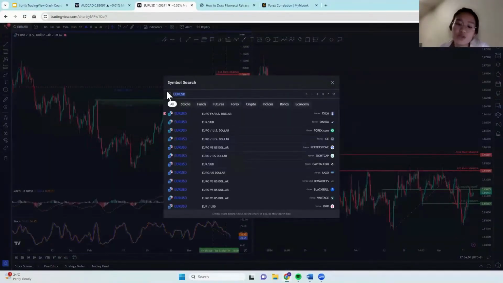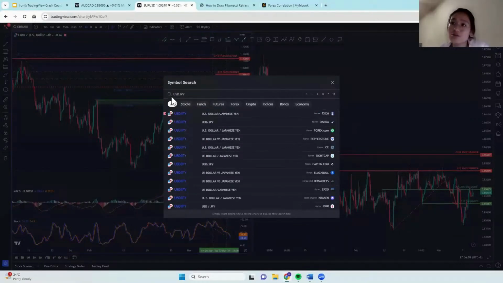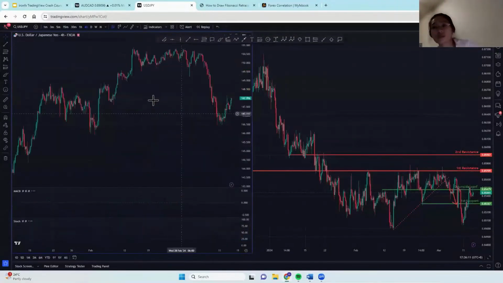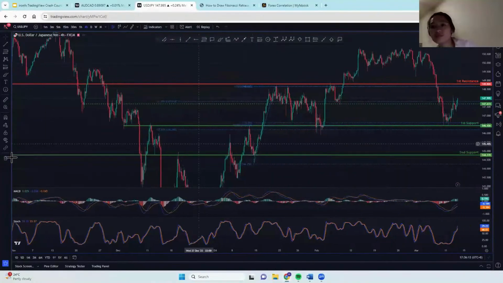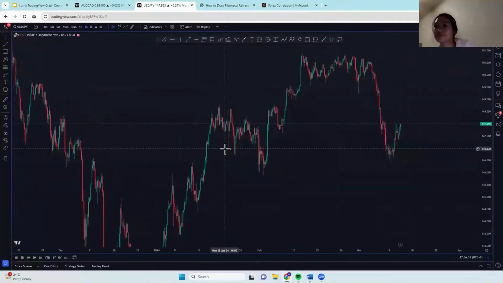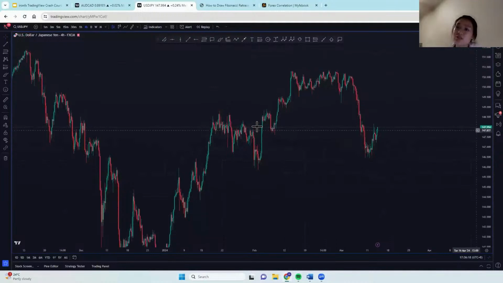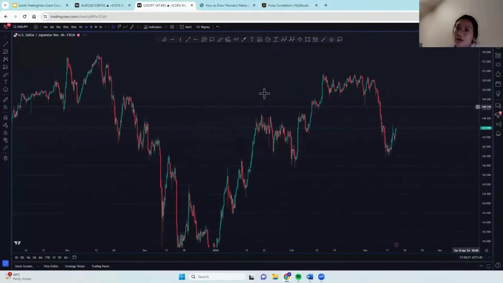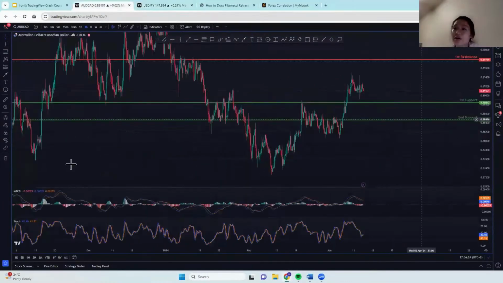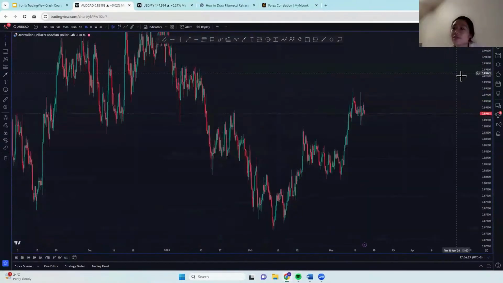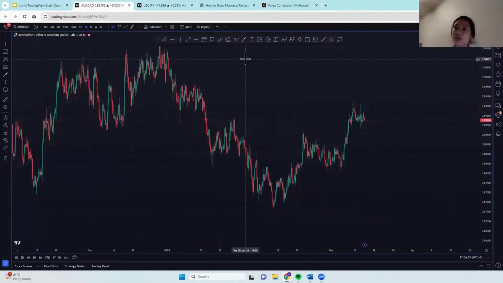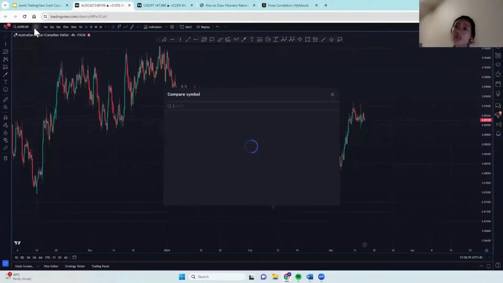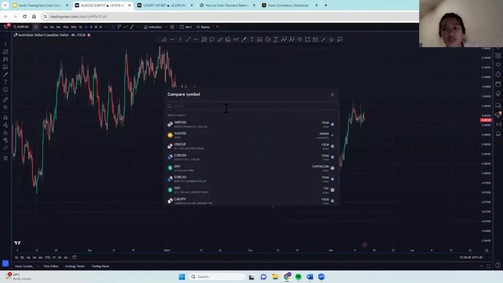So to start off, I'm just going to use two different charts to show you. Okay, so this is what our USD JPY charts look like, and this is what our AUD CAD charts look like. So if you're looking at them from two separate tabs, you can't really see any correlation between the two, negative or positive. So when you click on this compare or add symbol and search for USD JPY,